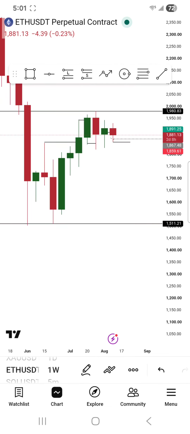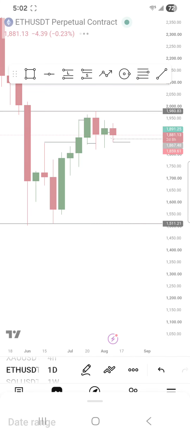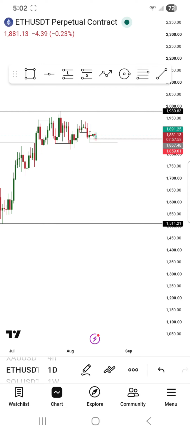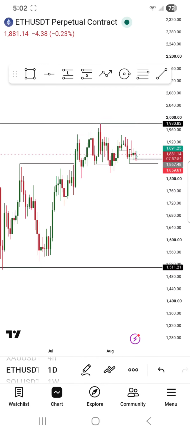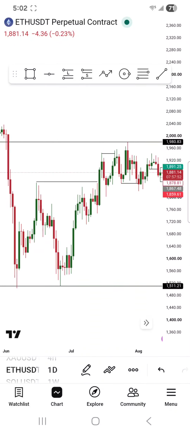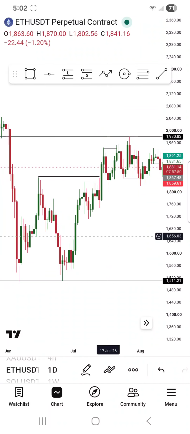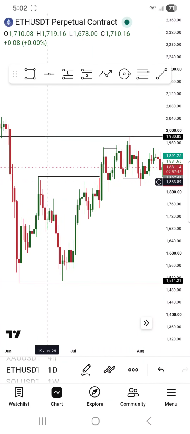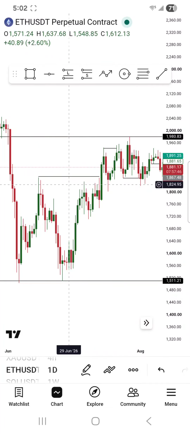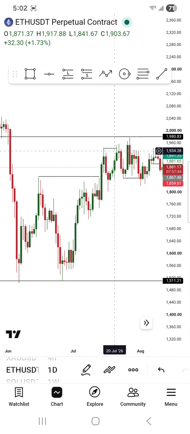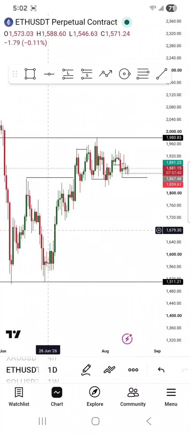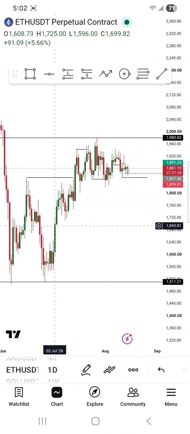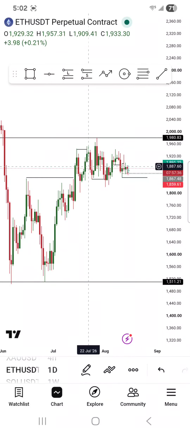So let us proceed and then let's go to the daily time frame. So here on the daily time frame, we want to understand the current trend of the market. You can see it, guys. I've marked it out. You see that we have a bullish setup. This is a bullish break of structure. We have the first one, we have the second one. All right, so these two breaks of structure to the upside have automatically told us that our bias is bullish,